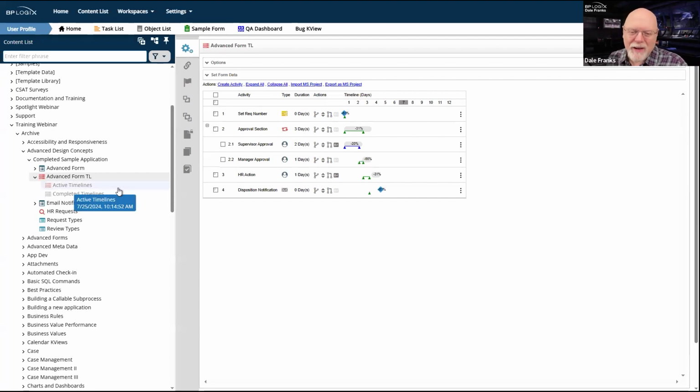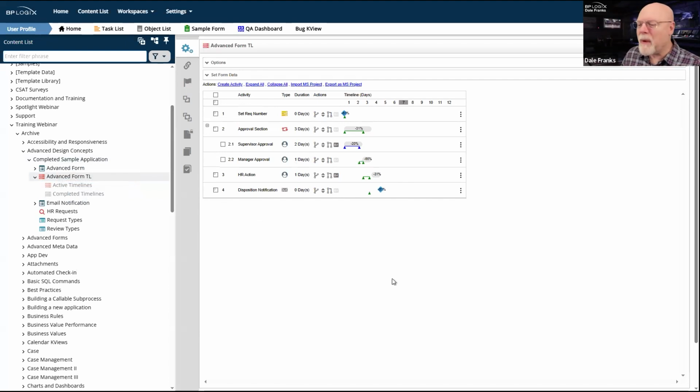But if you get into the business of making changes on production manually, and thinking, well, I'll go fix it in dev later, if you're anything like me, half of the time you will not go back and fix it in dev later. You'll just forget. And the next time you re-import because you've made a different change somewhere else, perhaps a more major change, you'll reset your supervisor approval from 2 days back to 1 day because you didn't replicate your change on dev. Making changes on production, generally not a great idea. Make your changes in dev, import to production.